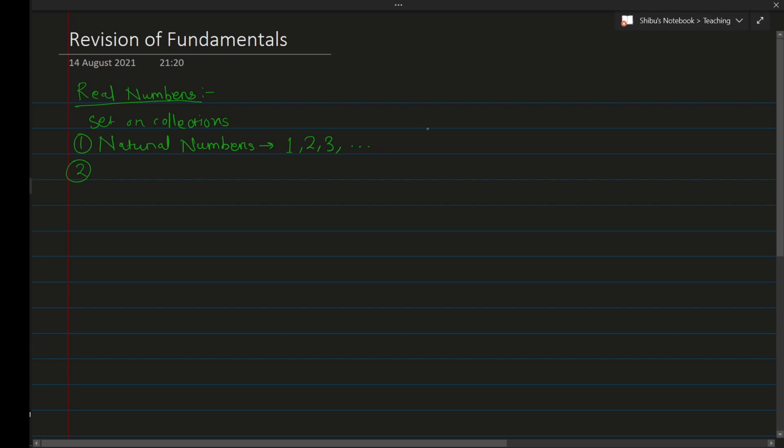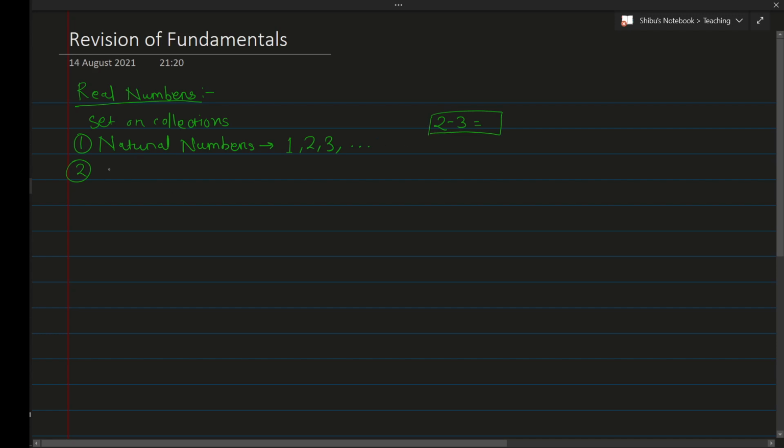But we encounter a situation where we do not have any answer if we think in terms of natural numbers. Let's say we are subtracting 3 from 2, then we do not have an answer if we just look in terms of natural numbers. So to give an answer to these questions, we included another